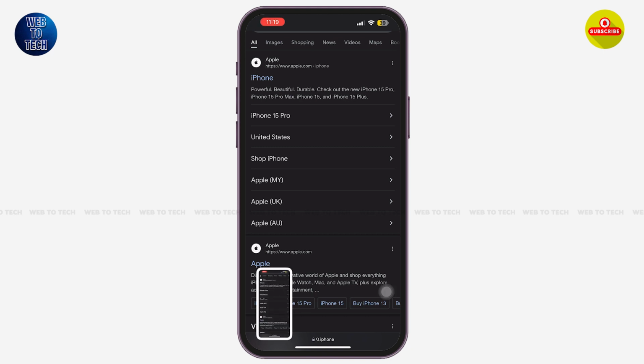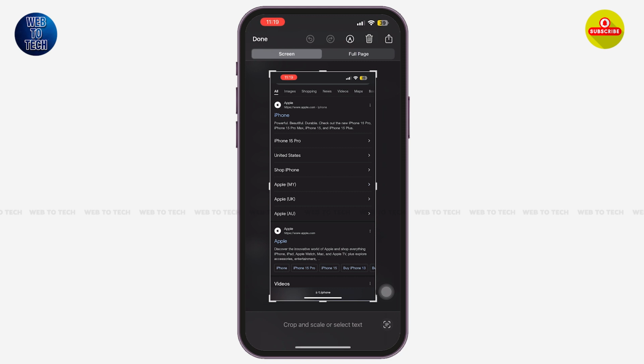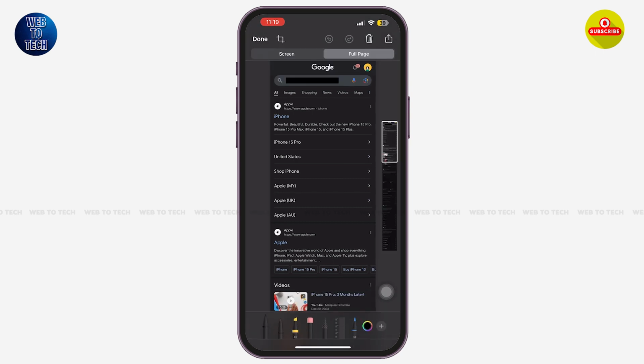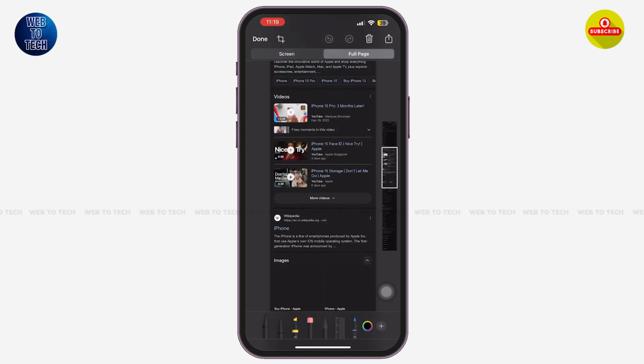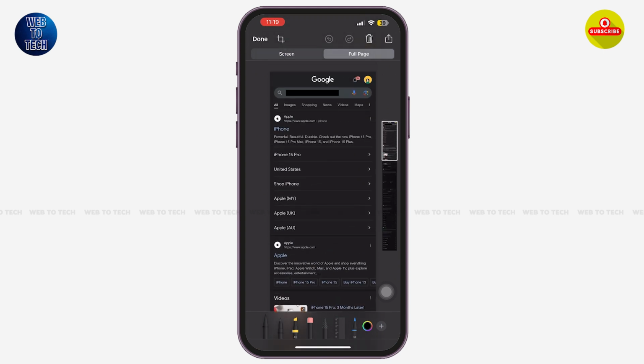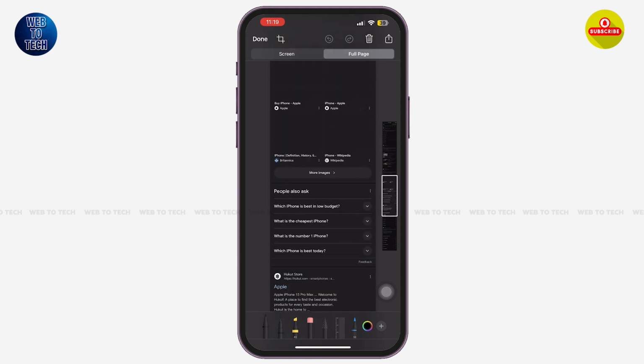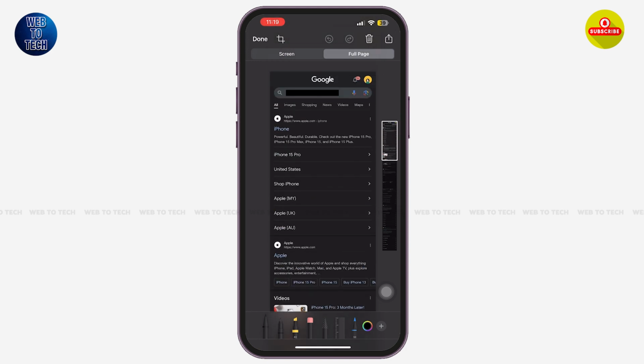Now let's open this photo. Now just above the screenshot, you can see the option of full page, which wasn't previously available on our Instagram screenshot. If you tap on it, you can see that this screenshot is available on full page. Now this will allow you to scroll through your entire screenshot of this page. Now this screenshot of yours will be combined as one, and you can text or email this screenshot to any